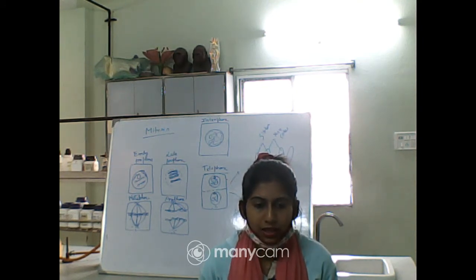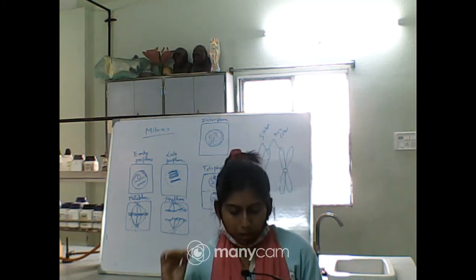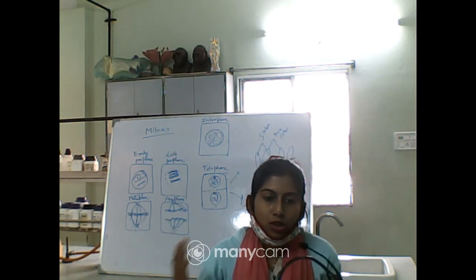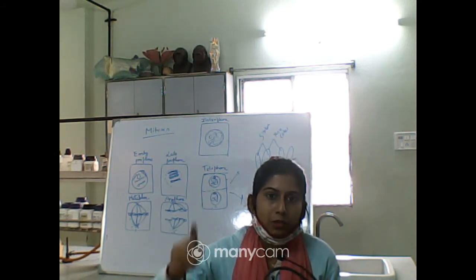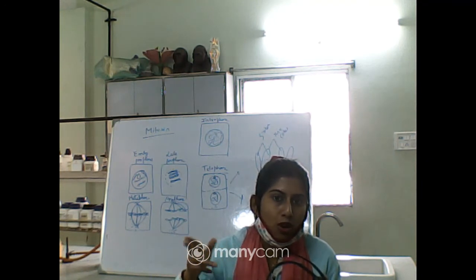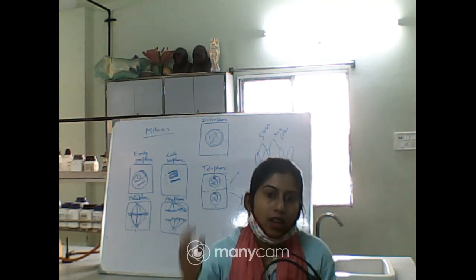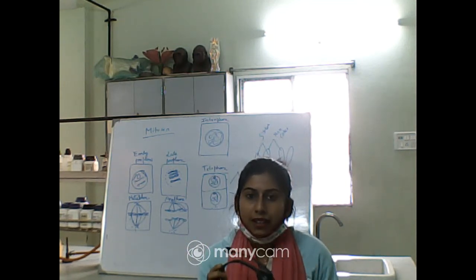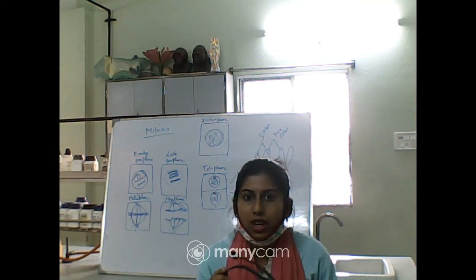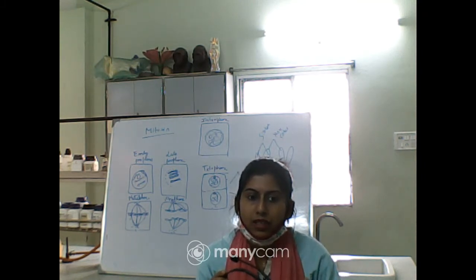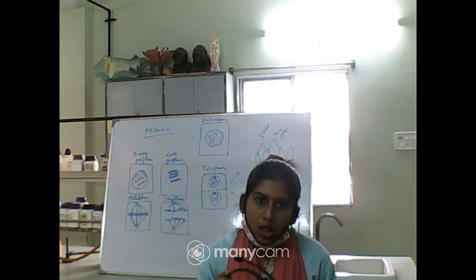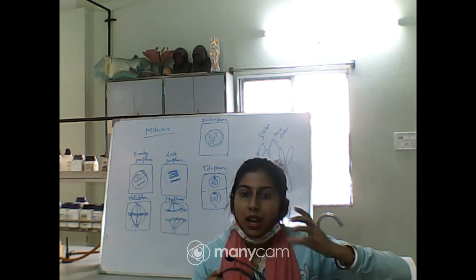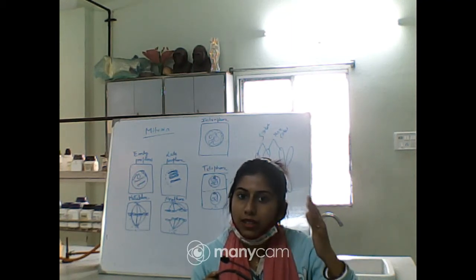Next one is cytokinesis, that means division of the cytoplasm will take place, and after the cytokinesis two daughter cells will be formed. So what was our aim? From a single cell we need to form two cells. So by this type of cell division, from a single cell we will get two cells and their chromosome number will be the same. And this is the main criterion of the mitotic type of cell division. That is why it is considered as equatorial or equational division. Okay, so if we start with the 2n number of chromosomes, then after the division, in the two daughter nuclei we will get the same number of chromosomes.